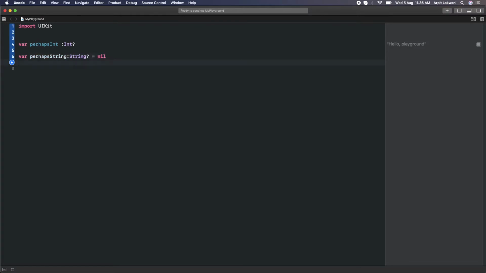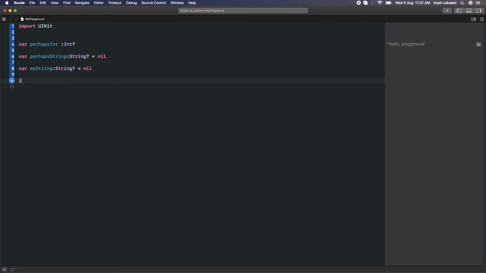So let's see an example to understand how optionals work. I create one string, say my string equal to string nil. Let's go a little bit deeper into how it works.